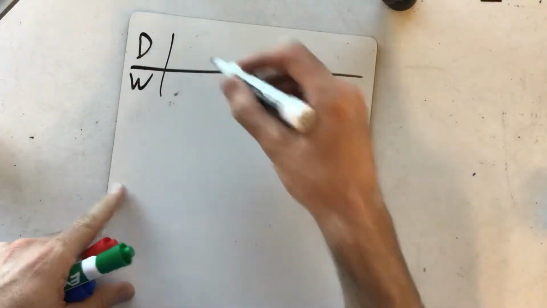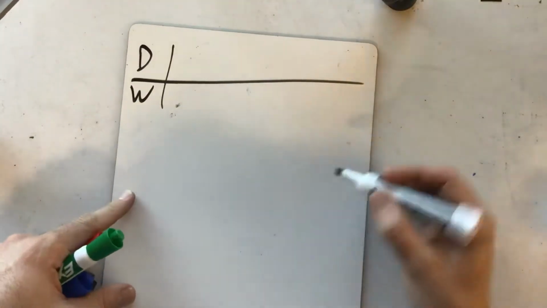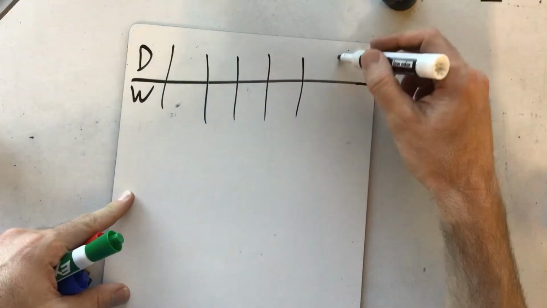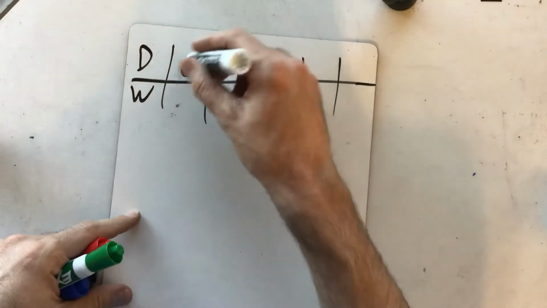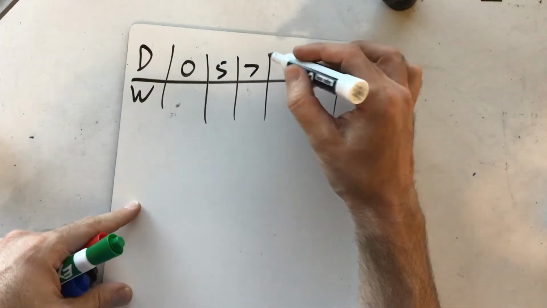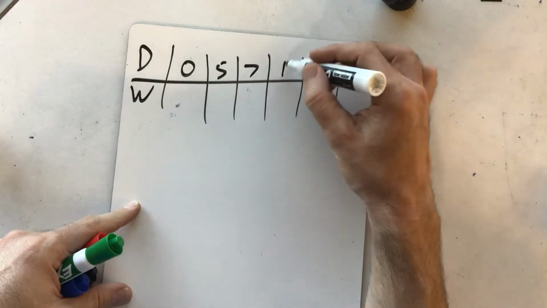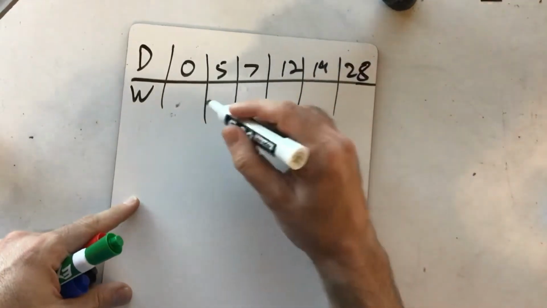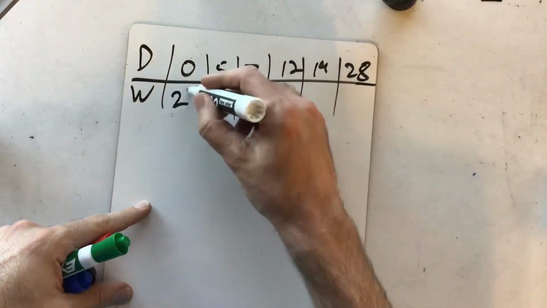And so we have 1, 2, 3, 4, 5, 6 of these. So I've got to write all these down. I should have written these down before I started. Sorry for my slowness here. We've got 0, 5, 7, 12, 19, and 28. And then we've got 252,